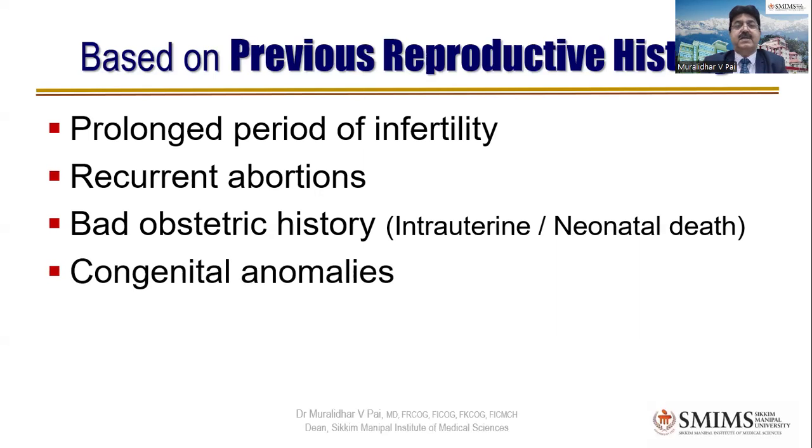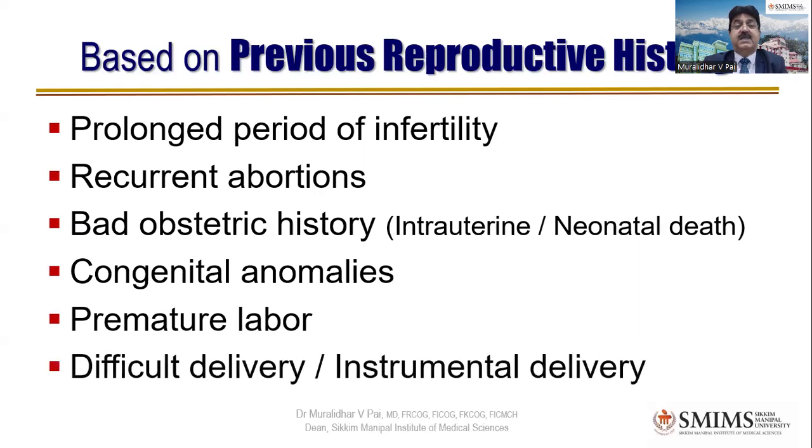Congenital anomalies. We know that congenital anomalies sometimes can repeat. Some are standalone, some are repeat anomalies. That's why we should be very careful, especially if the parents have chromosomal problems, that will repeat by itself, or if the patient is diabetic, let's say, and not controlled, the anomalies are going to repeat. Premature labor, 25% of preterm labor is unknown, and only the previous preterm labor is the history that is available for us,